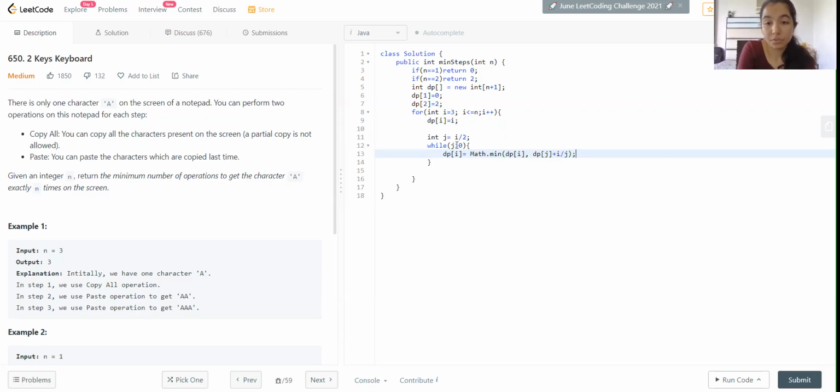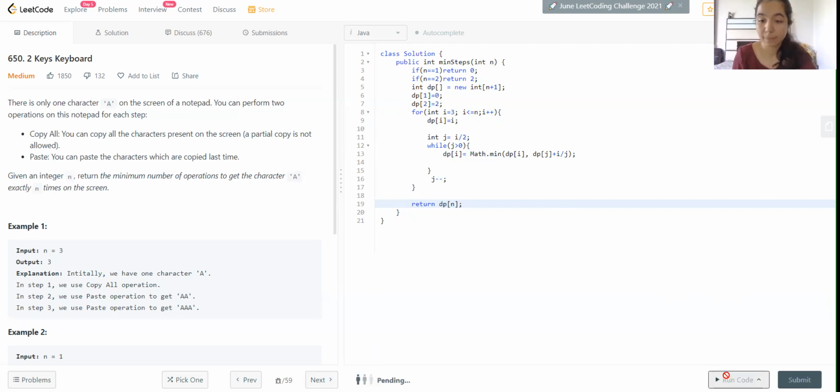After coming out of this, as we just found our answer, we will do j minus minus and we'll keep looping through. After that, we will just return dp of n.